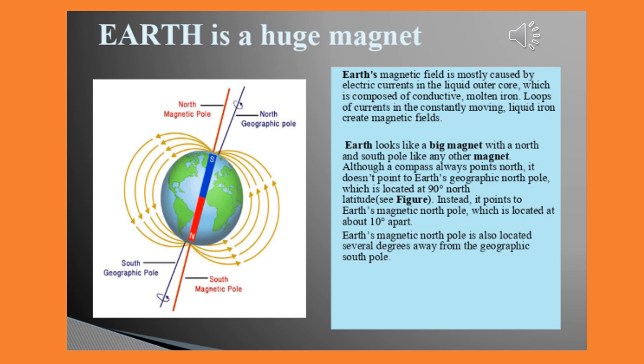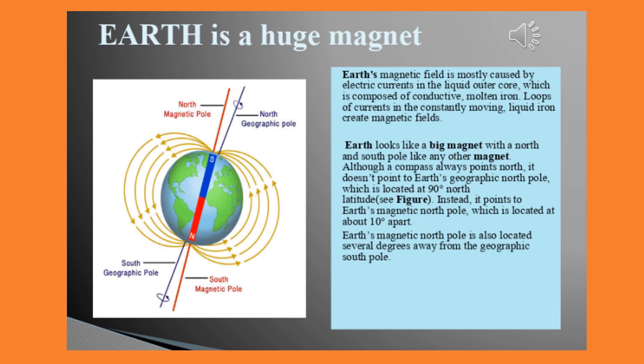Earth's magnetic field is mostly caused by electric currents in the liquid outer core, which is composed of conductive molten iron. Loops of currents in the constantly moving liquid iron create magnetic fields. This is actually magnetic effect of current, which we'll be learning in next class. Earth looks like a bar magnet with a north and south pole